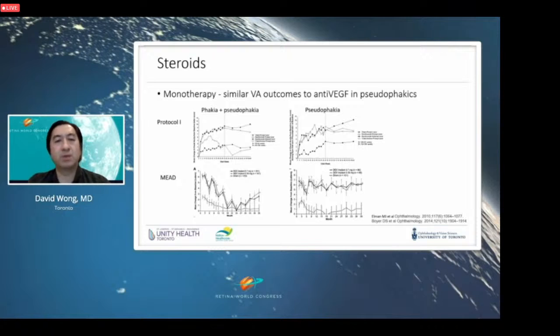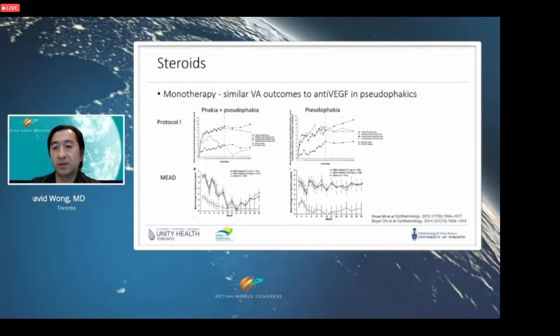So where do steroids come in? It was just brought up very early. Maybe this should be first line. And we can see similar outcomes to anti-VEGFs in pseudophakics. And Protocol I and the MEAD study did show this quite nicely, that in pseudophakic patients, the visual acuity can be very well matching that of